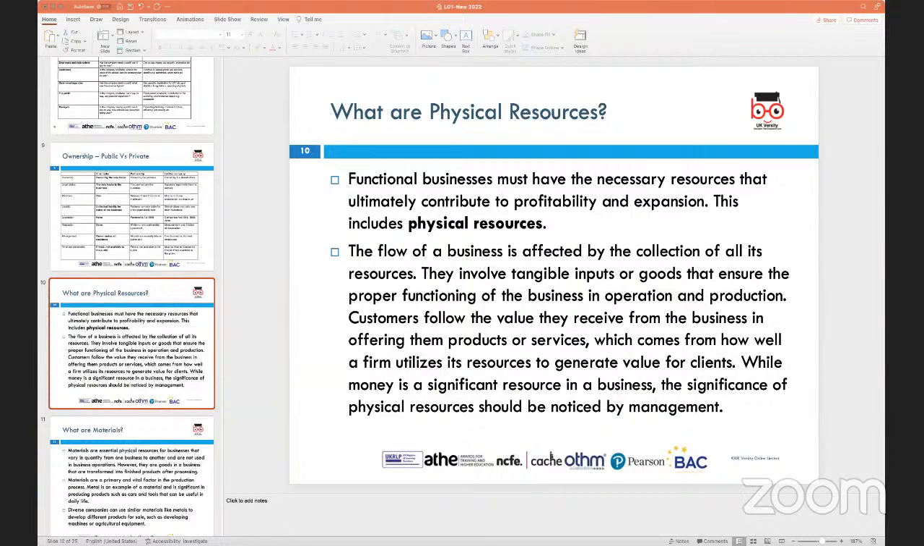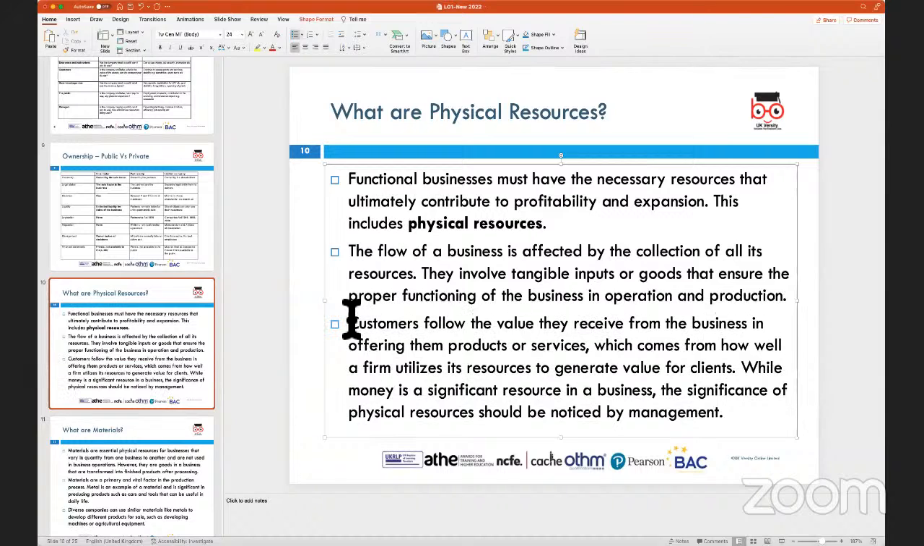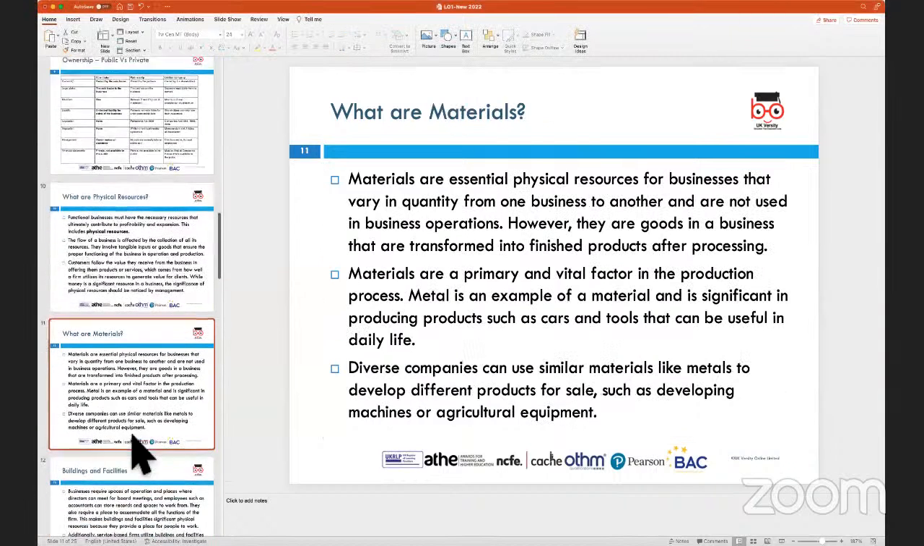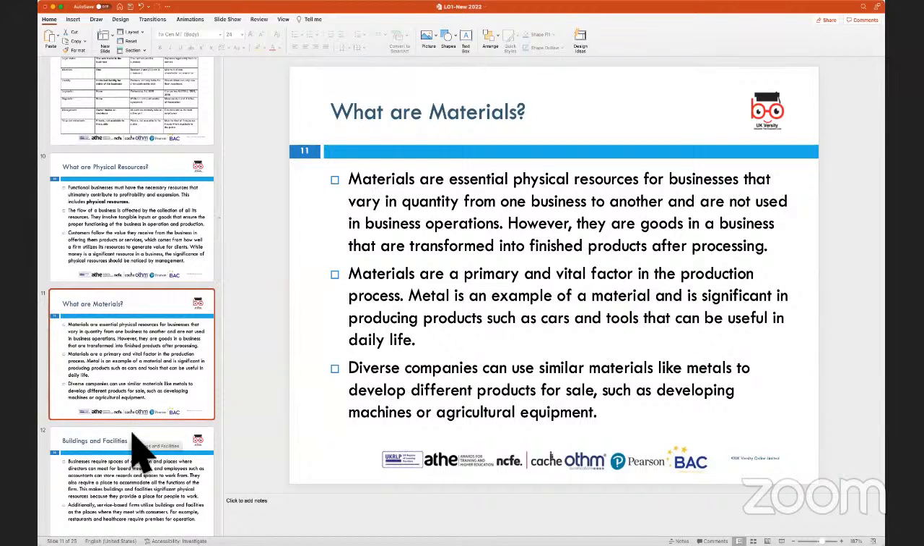So they are going to be things like, if I just literally say an office, there would be things like the furniture, the PC, the printer, desk and chair, and they would be termed as physical resources as far as the organization is concerned. Okay. Then we go across to talking about materials. Physical resources will be differentiated from material,